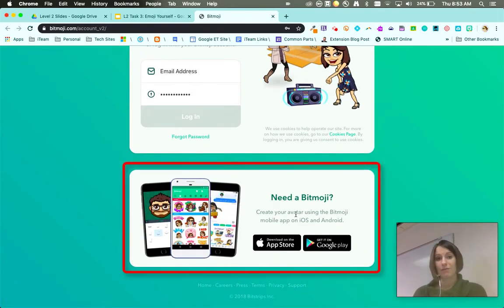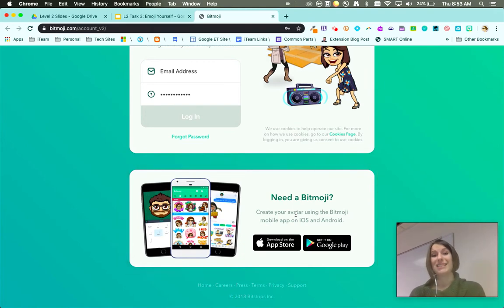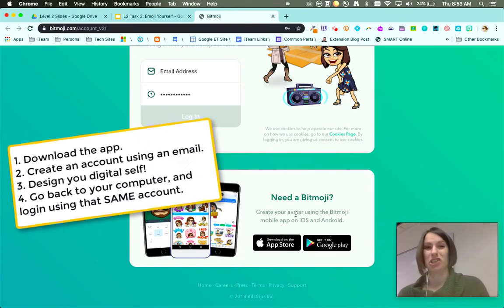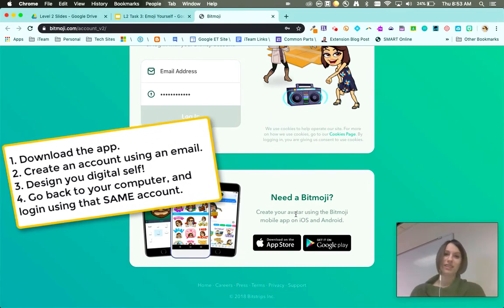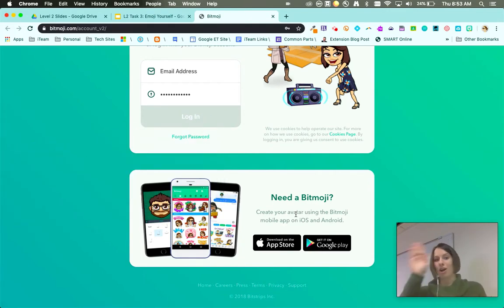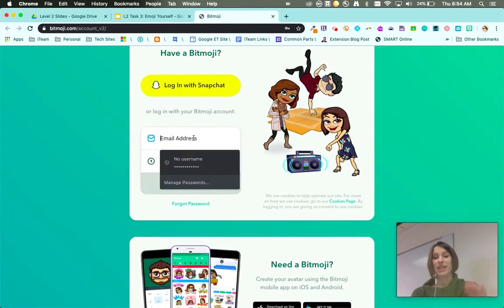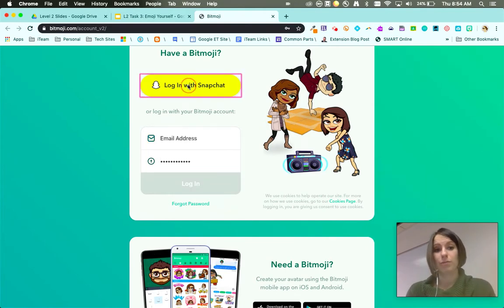So if you have an iPhone or an Android, you'll need to download the app on your phone, and that's how you actually create your digital self. You'll choose your hair, you'll choose your skin tone, you'll choose your clothes. All of that good stuff needs to happen very first thing on your phone. Then when you're done, you'll come back here and sign in with that same exact account that you had before. So for me, I happen to use my Snapchat authentication,